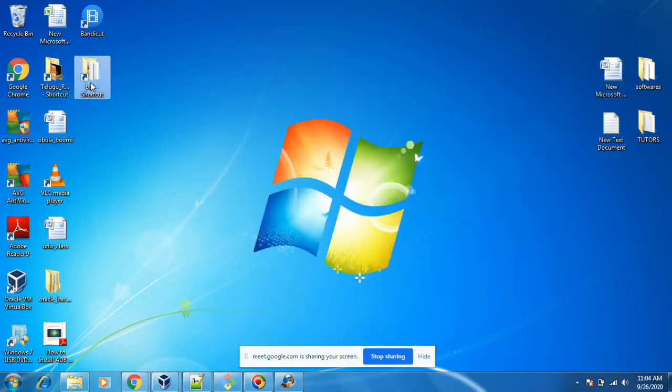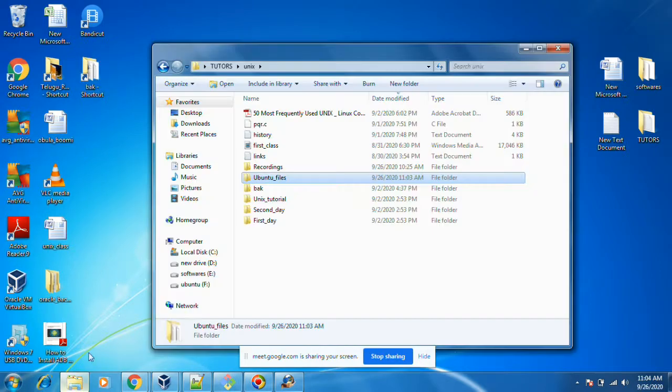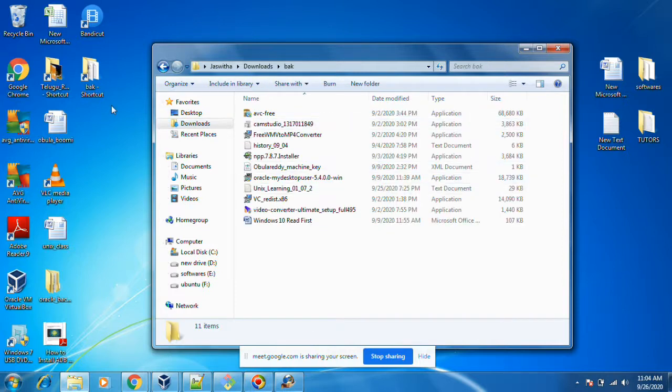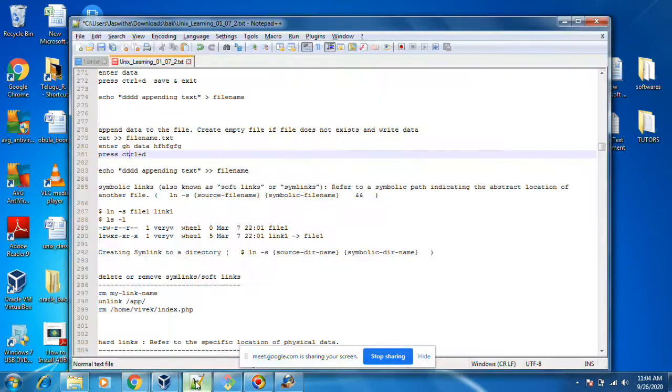If I open this, it is where the soft link is working here. If I open this, the data that is present in there, only that we will see here. If I delete any file in this download directory, it will also not show here. Like this, it should ideally be a soft link. Okay, let's see another one.